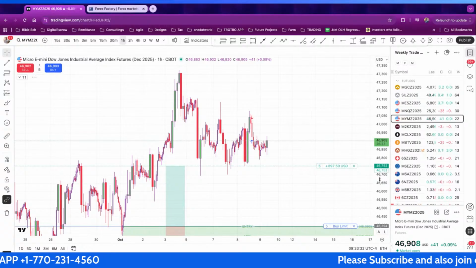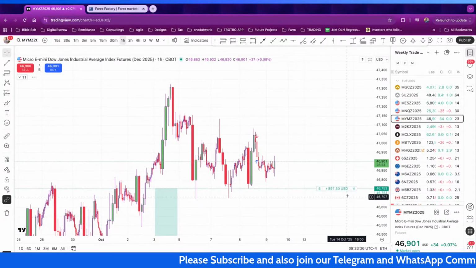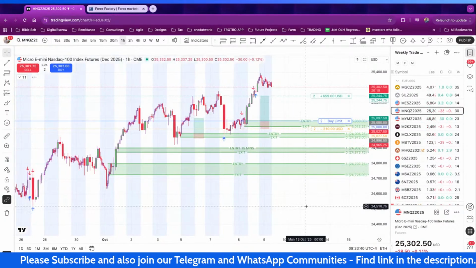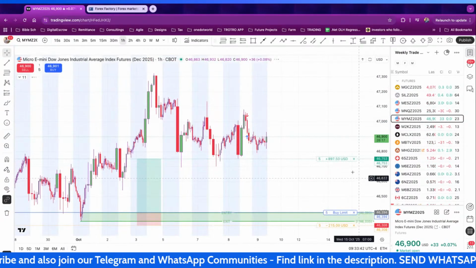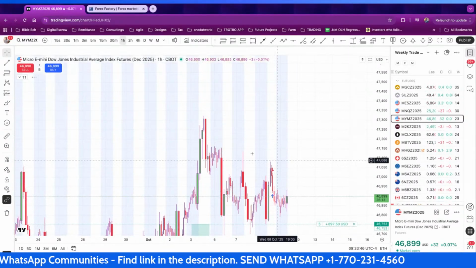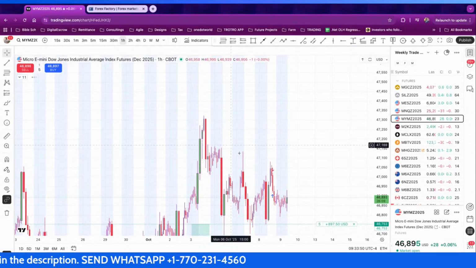Let me do a quick thing over here for you guys. This is going to be quick, and I'll go to the currencies. I don't have much time. Typically when the market opens like this, the market is currently open and it's just sitting at one place. But let me use this as an example.